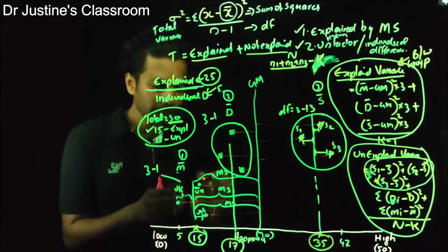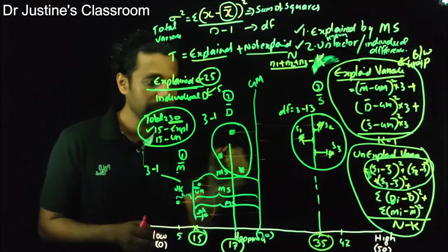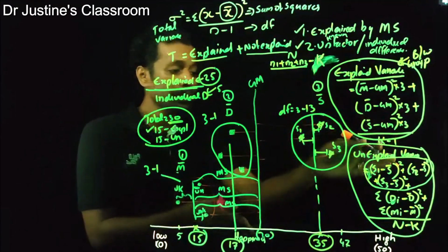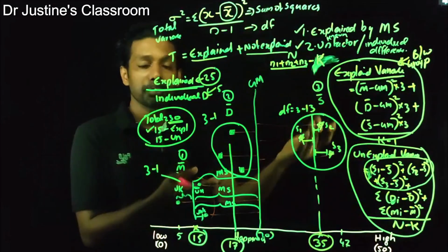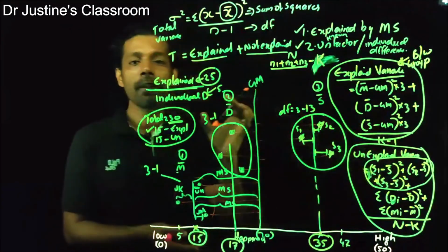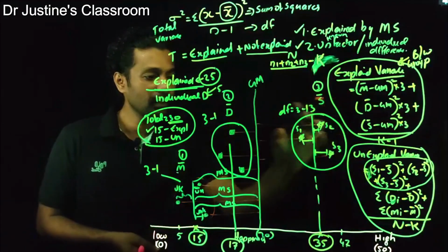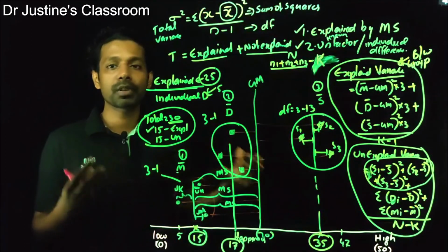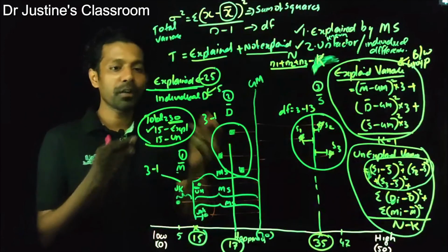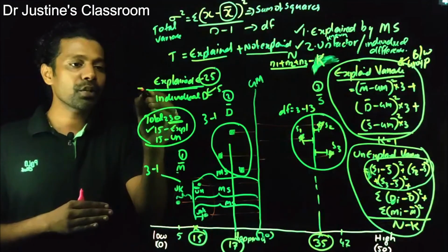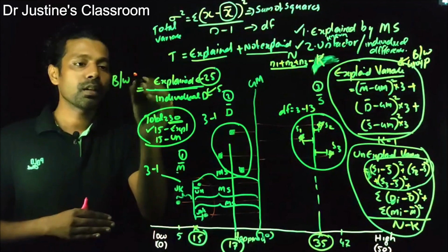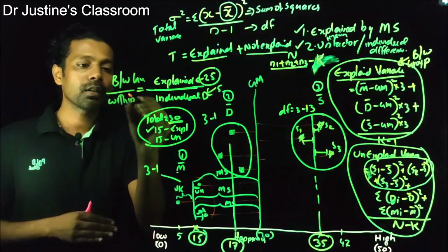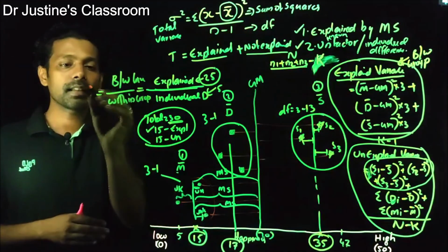Now within each group, how much the data is scattered, this is the unexplained variance, or due to individual difference. This is called within group variance, that means within this group, within this group and within this group. This is an indicator of fluctuation in the data. What we have done here is a ratio: between group variance divided by within group variance. This is the F value.